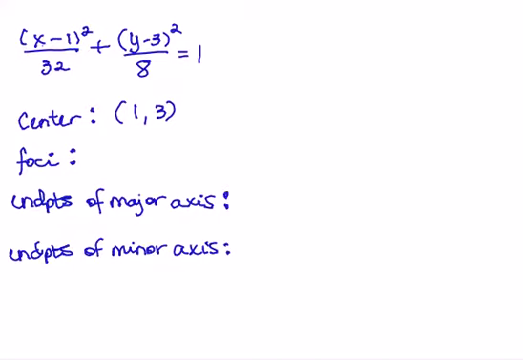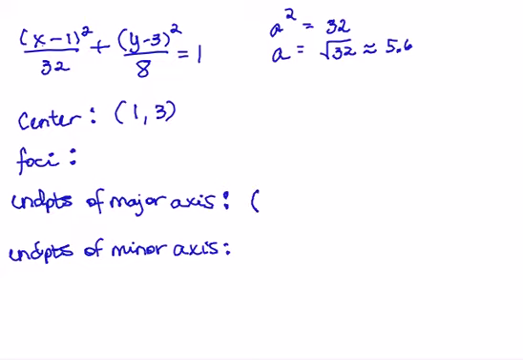So let's go ahead and do the endpoints of our axes. The major axis, that of course is going to be the longer axis. And its length is going to be 2 times the square root of the 32. So that's the bigger number, the larger denominator that we have up there in our standard form. So that means that our a squared is equal to 32, and a is going to be the square root of 32, which is approximately 5.6. So the endpoints of our major axis,